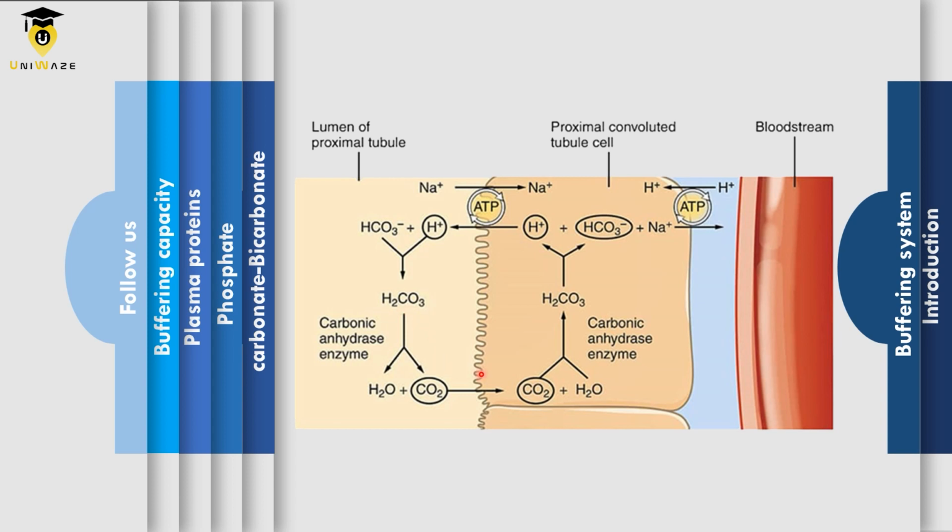The bicarbonate ion reabsorption in the renal tubules plays a critically important role in maintaining the global acid-base balance. Loss of bicarbonate ion causes metabolic acidosis. Proximal renal tubule is the major site for bicarbonate reabsorption, accounting for more than 80% of total bicarbonate